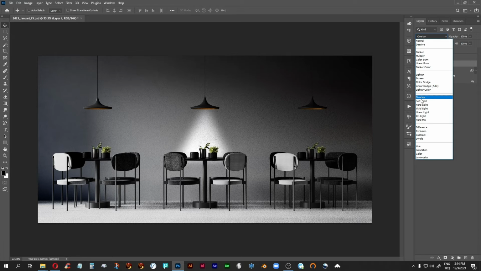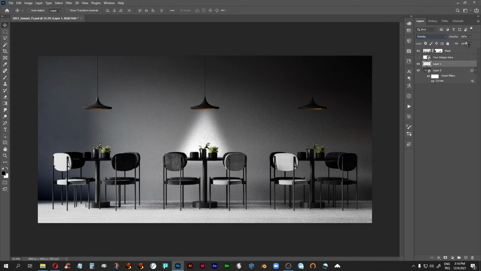Sorry, this is soft light. I want overlay. Okay, but I'm going to decrease that a little bit so that it becomes like this. Now I'm going to put it in exactly the correct place, and I may even want to open this up a bit like so. Now I'm going to duplicate it, move it over to the other ones, put all of them in a group, call it extra light,